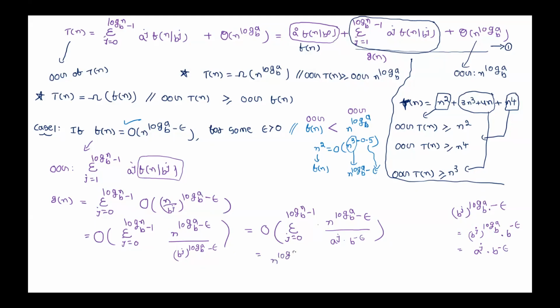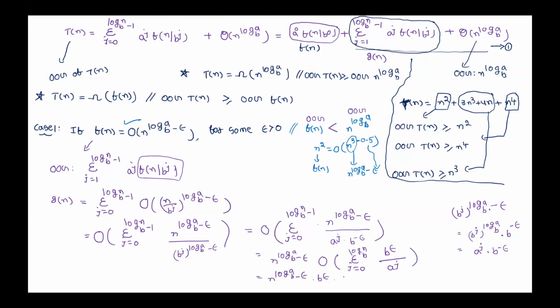n power log a base b minus epsilon, into big O of sigma j equal to 0 to log n base b. This can be written as b power epsilon, minus epsilon goes, means this is a power j. Okay, b power epsilon, it is a constant. So this can be written as n power log a base b minus epsilon into b power epsilon. Also, we can take it outside, into b power epsilon